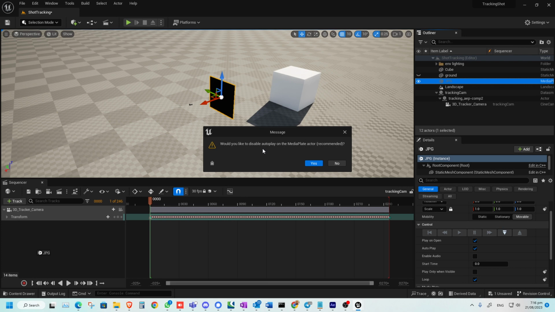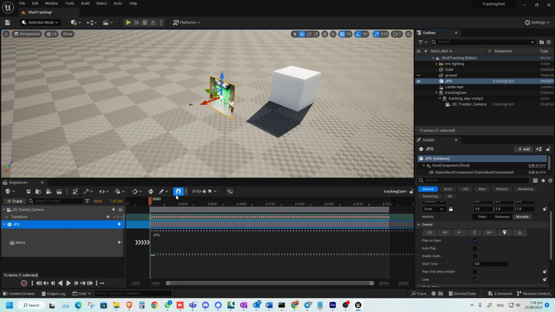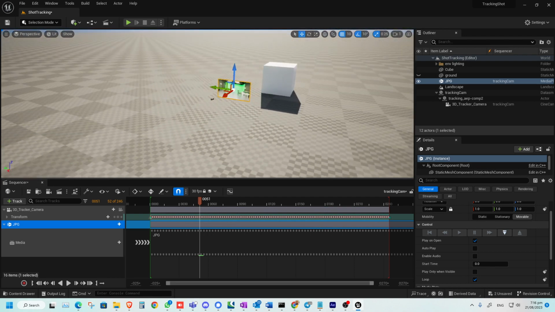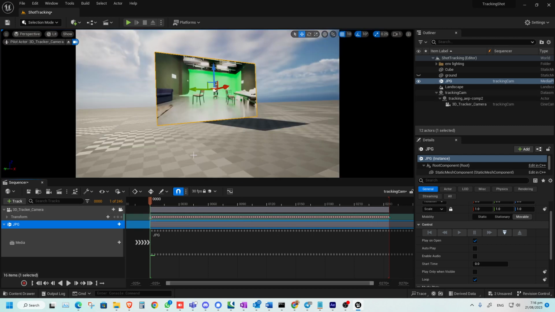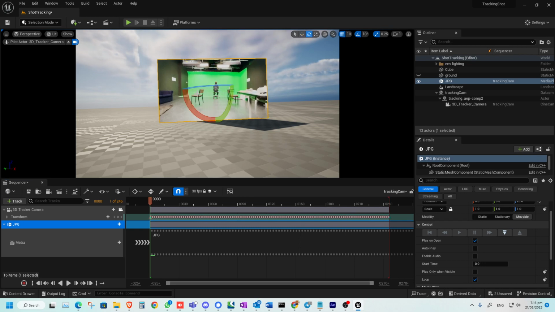So it asks you something, would you like to disable autoplay? Yes, because we're going to make a movie, not the game thing, game playable stuff. So I go to the beginning of this, and what you can do is just click on this camera, and then our job is to make this rotating and looking to,